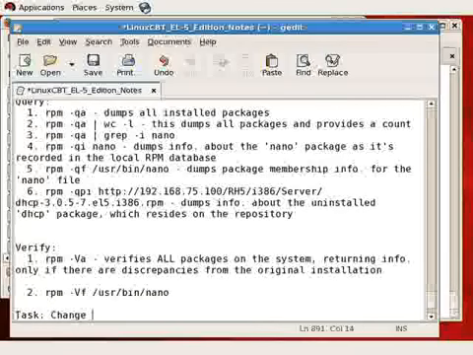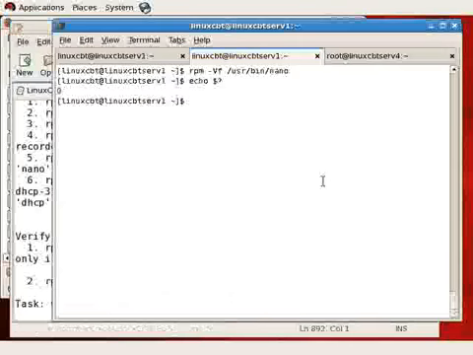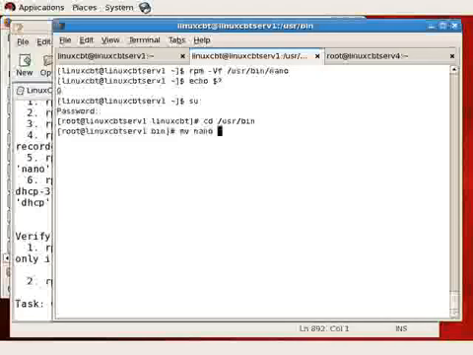So, task: change /usr/bin/nano, then verify. To do so, we'll move the existing copy of nano. Let's su in first, however, as we'll need full rights to be able to do so. Then navigate to /usr/bin. So we'll move nano to nano.old. Then we'll sequence